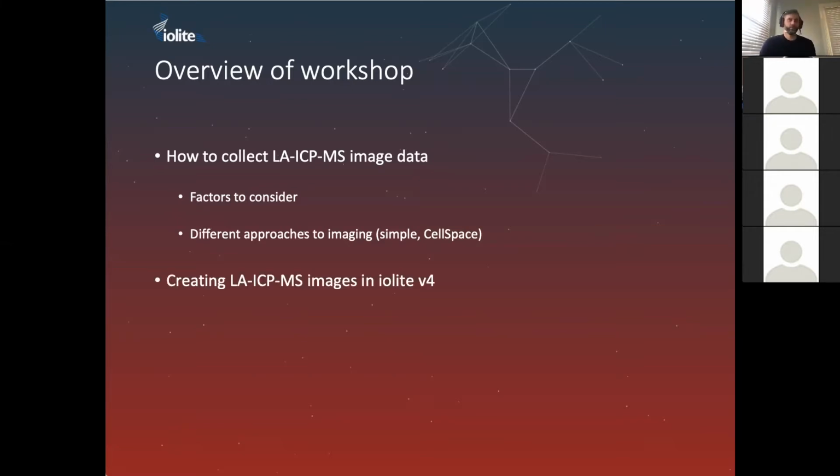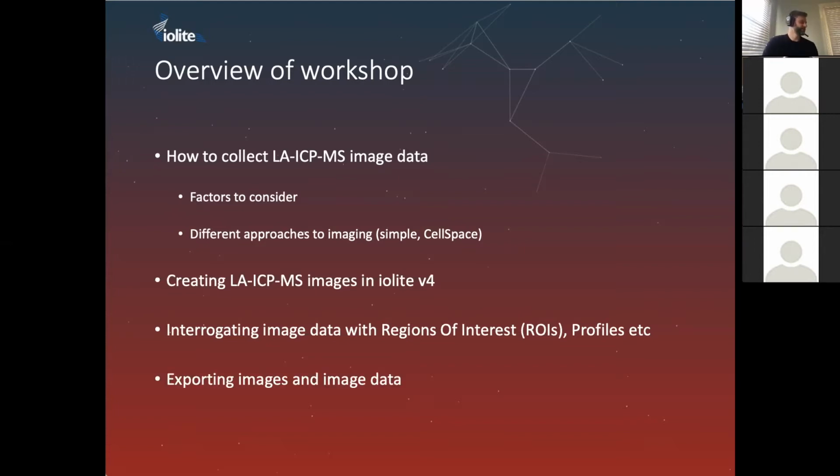And then once we've done that, we'll be looking at iolite's imaging interface, and we'll be looking at how we can do some image analysis with regions of interest and profiles. And then we'll also talk about how to get your data out of iolite and potentially into other software or ready for publication. And at the end, we'll almost definitely have some time for some